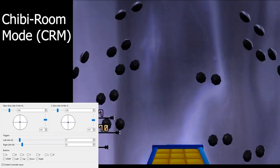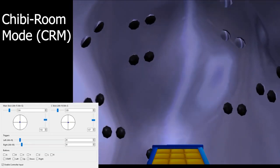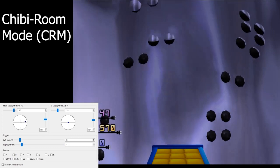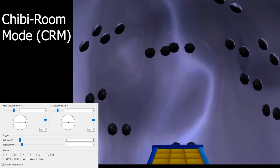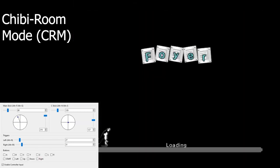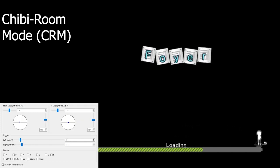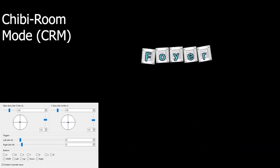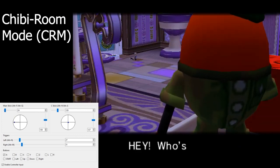And once you've walked around 30 steps upright, you want to hold right and down until your footsteps change. And once your footsteps change, you can just keep holding right down, or right, or up, until you reach the foyer load zone. And now once you've done that, you have activated Chibi-Room Mode. And what Chibi-Room Mode does is interesting. It keeps all of...